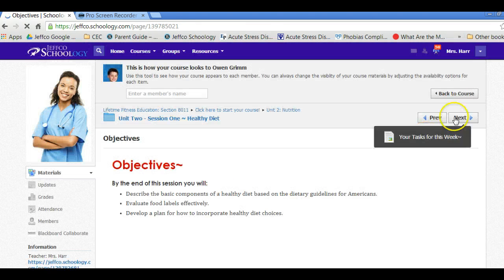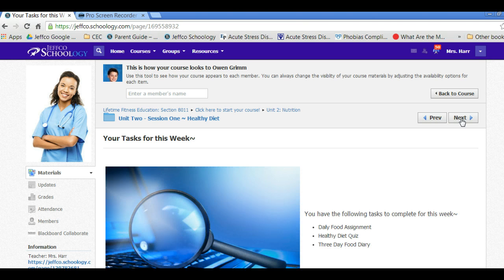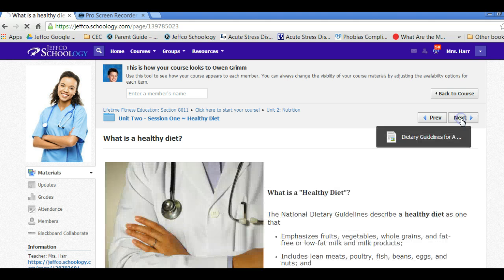And they move by clicking this right here. It takes a second to load up for you to see the pictures. You're not seeing the picture right now. There we go. And they move forward and they complete everything on each of these. This will prompt them to take their quizzes or their test.